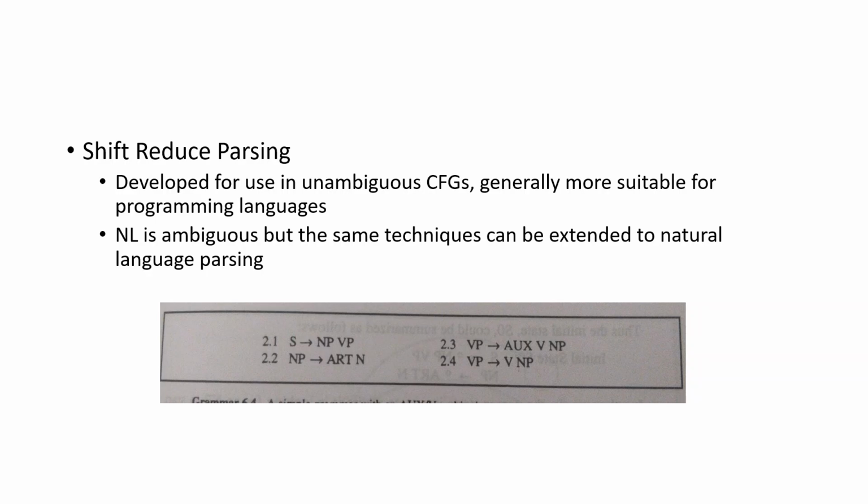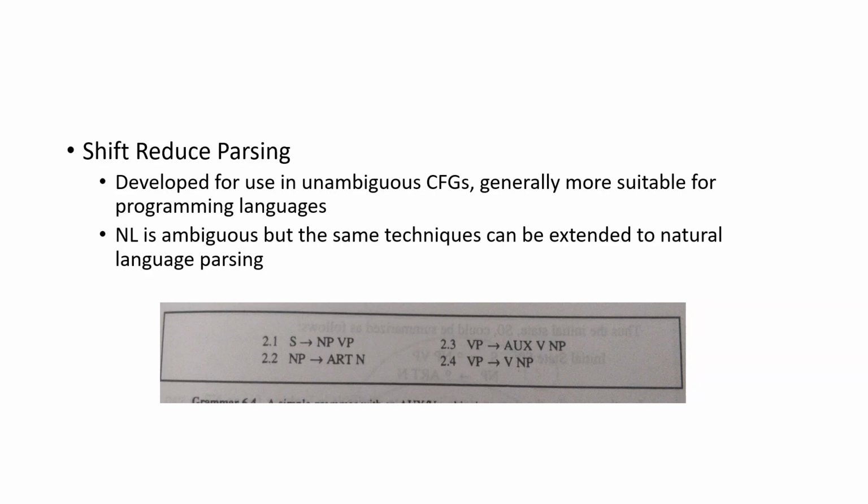And here two operations are involved: shift and reduce. In order to implement shift reduce parsing, we use an input stack as well as the input symbols. Those are the two data structures we're using. On the input stack we initially have the start symbol, and then as we proceed, we might shift input symbols onto the stack, or we might go for a reduction. Which action you do depends on what is known as a parsing table.